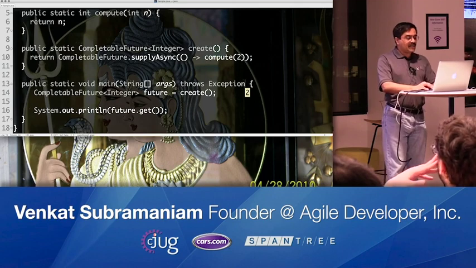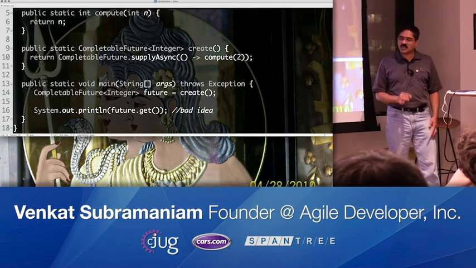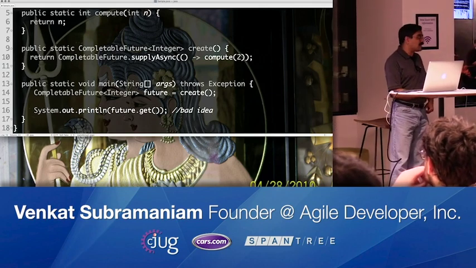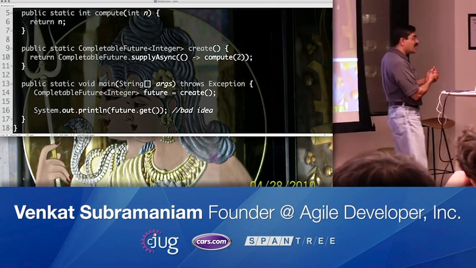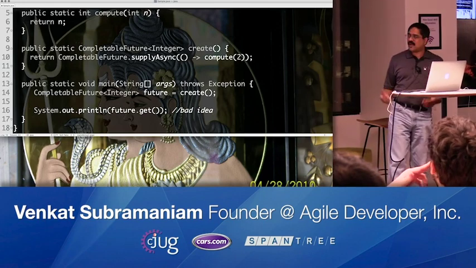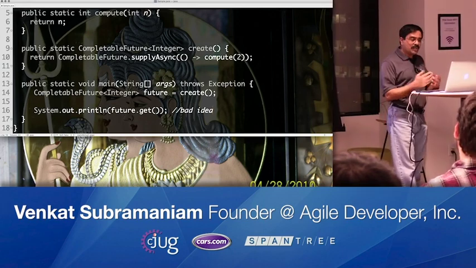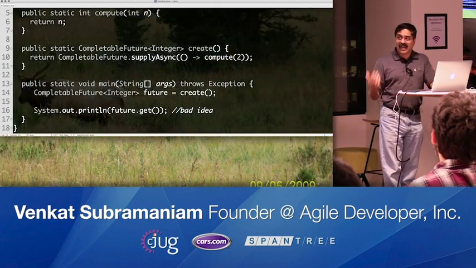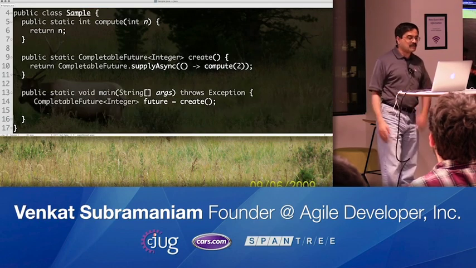I want to spend a minute on this. There is a name for this call. This actually follows a pattern called the bad idea pattern. So never do this. This is one of the things that is a consequence of inheriting from Future, that you may be tempted to call the get method. And if you do, this is kind of pointless, because the minute you call get, you're going to get stuck, you're not going to move. So they say never, but I would actually say don't ever do this. This doesn't really make any sense. If at all you want to really go this route, you could use a variation of this where it can take a timeout, and blow up. So you could use the version of get where you can blow up. But like I said, don't even bother going that route.